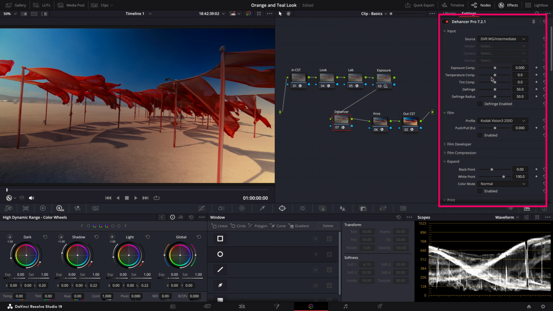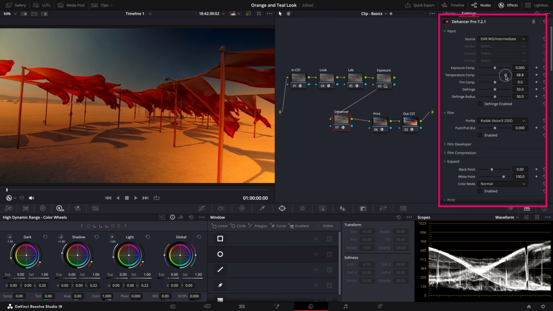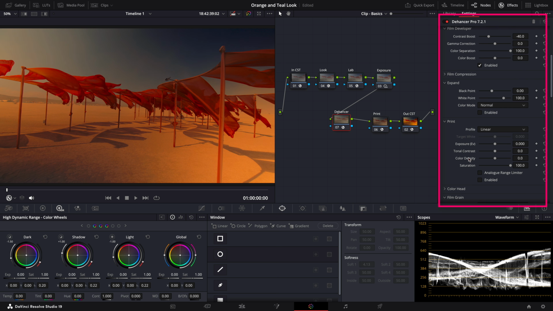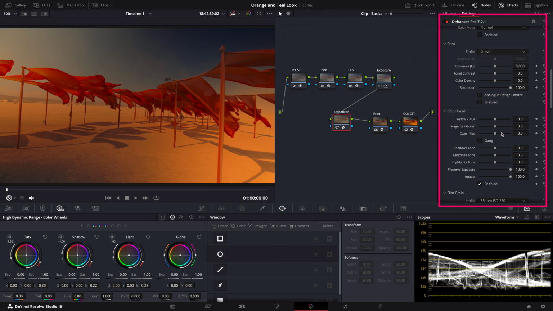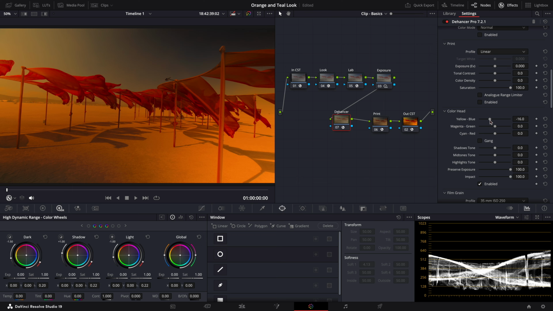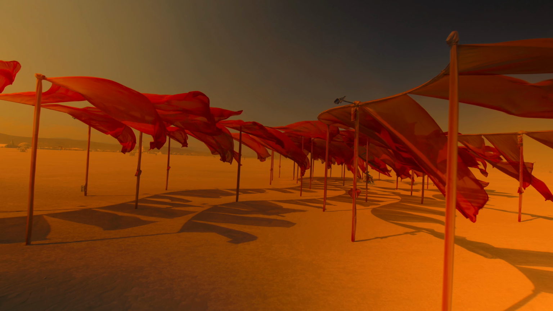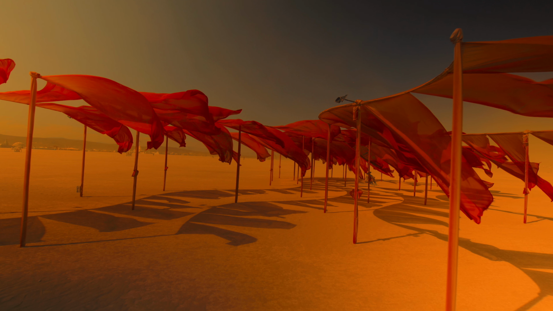Here we'll make 3 key adjustments in Dehancer. First, let's increase the temperature to enhance the warm orangey tones. Right about here should do it. Next, under the Film Developer tab, I'll lower the contrast slightly for a softer feel. And finally, I'll activate the color head and shift it towards yellow a bit more, just to intensify that warm ambience. And there it is, the complete transformation into the iconic orange and teal look using a combination of powerful